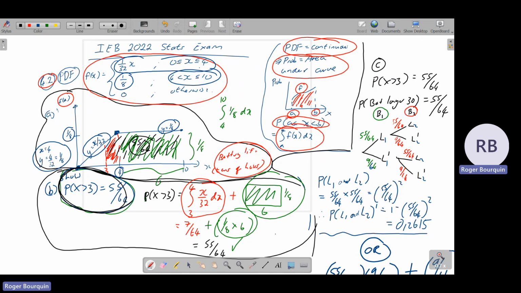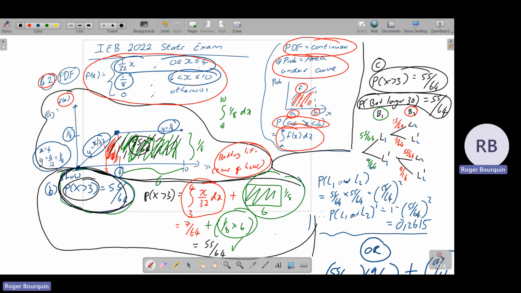Now, when they do that, chances are we need that information for the next question. Otherwise, they'll just say work out the probability that x is bigger than 3. But they said show that, which means we probably need that answer. So they told us that the probability x is greater than 3 is 55 over 64. But x stands for tens of hours. So what we worked out is that the probability that a battery lasts longer than 30 hours is 55 over